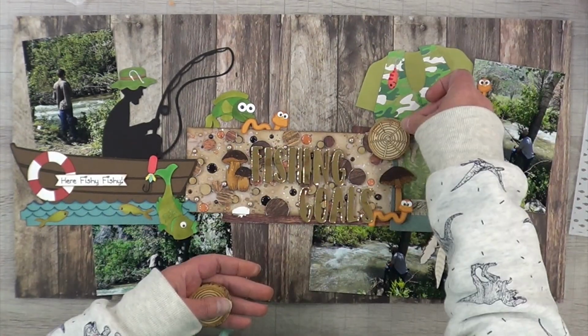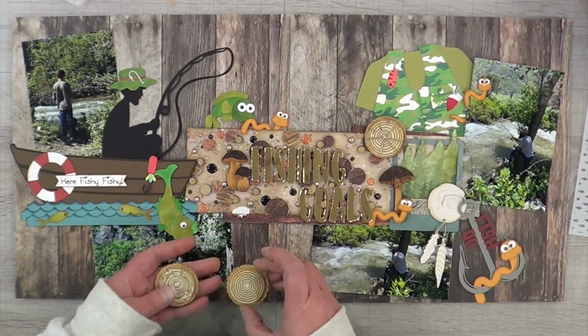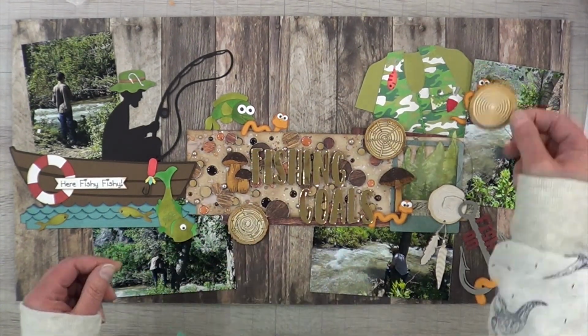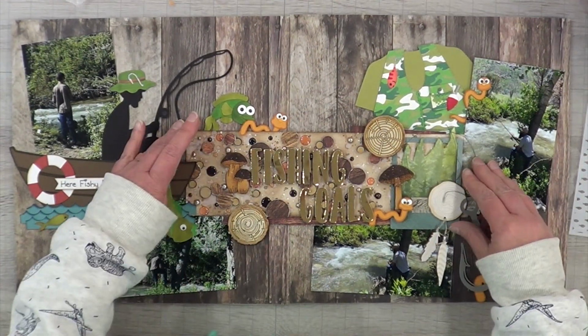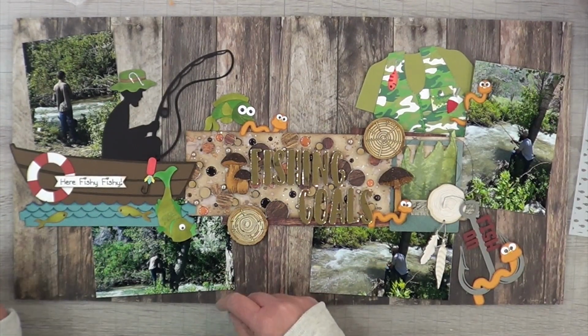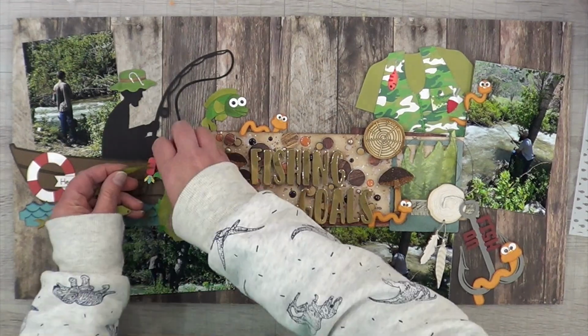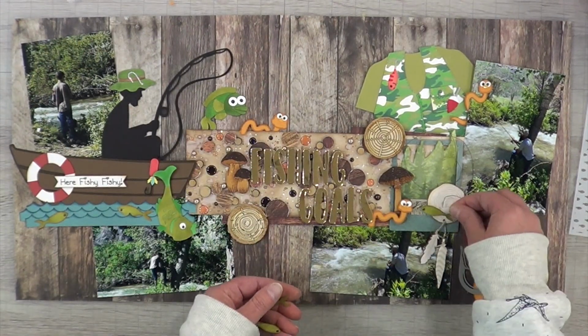So I thought that was appropriate. But my wood fish did not match the fish that I have in Sarah's little kit. So I got rid of the wood fish, and yes, it ripped my paper. So I went ahead and I put my wood rounds,